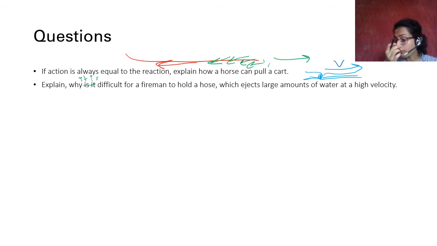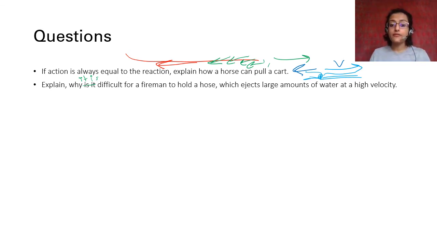It is similar to that of a bullet, right? So the bullet is being pushed with a high velocity, the rifle or the pistol recoils. Similarly, the fireman that is holding the hose gets pushed back. The hose gets pushed back with the pressure of the water, with the same force as the force of the water that is moving forward. And because of that, the fireman has to hold it at the same place, otherwise, because of the high force of being pushed back, he will also keep moving back.